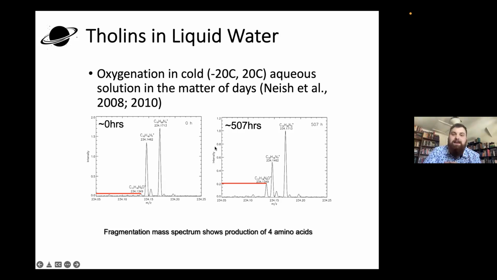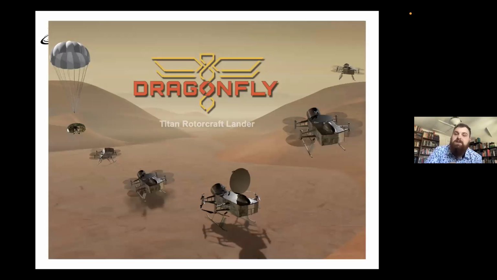That means that Titan is a natural laboratory that's been going on for millions of years. And that is the motivation, of course, for Dragonfly. This mission that NASA is sending to Titan in the late 2020s, arriving in the 2030s, is to investigate its geology and its astrobiological potential, particularly understanding the origin of life and how we can understand that transition from the prebiotic molecules that exist on Titan and likely on the early Earth to the biomolecules that compose life as we know it.